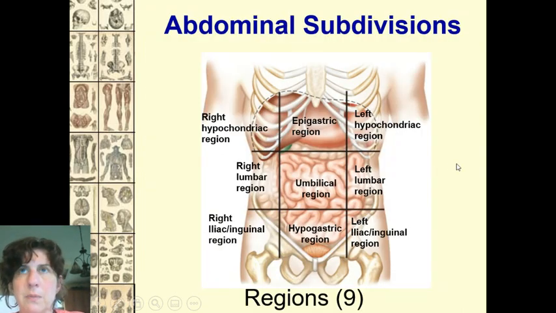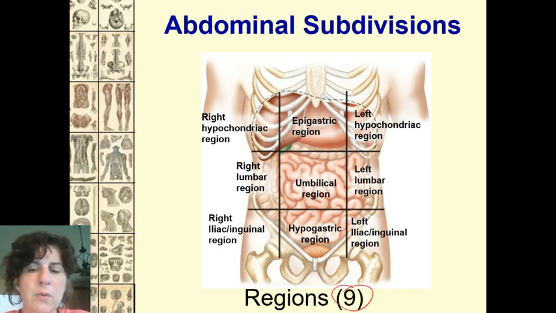You're going to need to know the abdominal subdivisions. There are regions, and when we say regions, there are 9 regions. When we say quadrants, that means 4, and those have different names. Start in the easiest spot, and that's the center. Right here in the center, you have the umbilical, and notice you also have mostly the small intestine in that region. So know what's located in that region, and then go up and down from there. Straight up is called the epigastric, and you see stomach in there and part of the liver. Hypogastric, hypo means low. We've got bladder, and we've got some more of the small intestine in there.